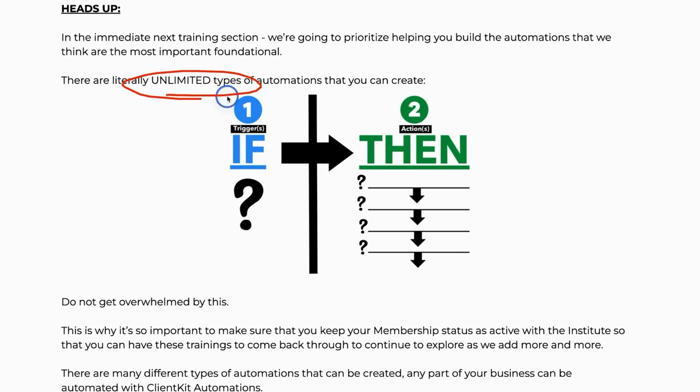Because there's literally unlimited types of automations, we're going to primarily focus on the ones that you're going to need immediately, so you don't get overwhelmed by this. And the beautiful thing is that if you're keeping your membership status active with the Institute, you will have